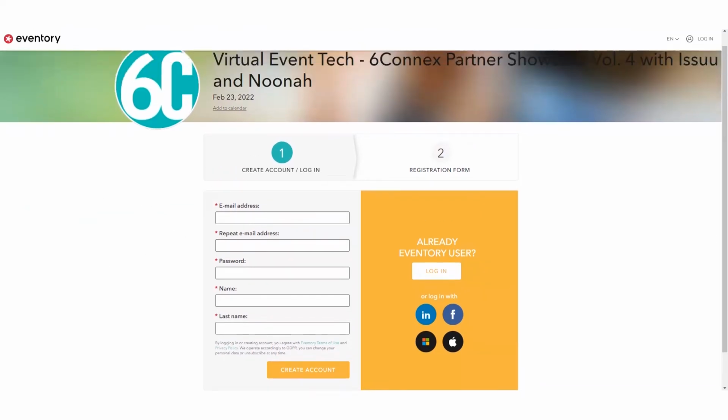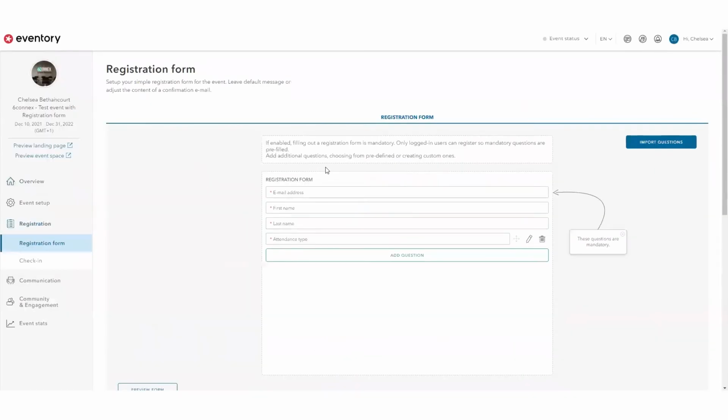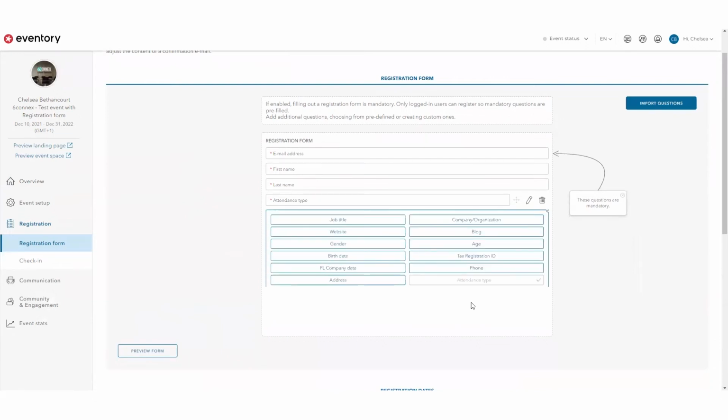environment. To create this registration form, all you have to do is go into your admin panel inside the Eventory backend, go to registration, select registration form. Once you're there, you can add any questions you want to this registration panel. You can pick from our selected list of common questions, or you can always import your own questions into this